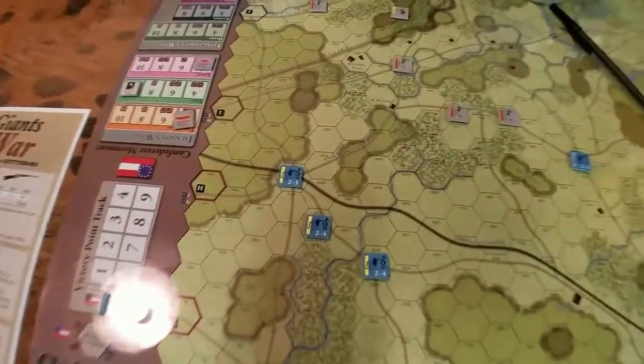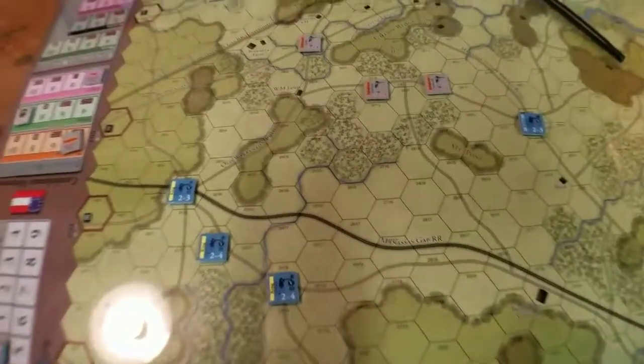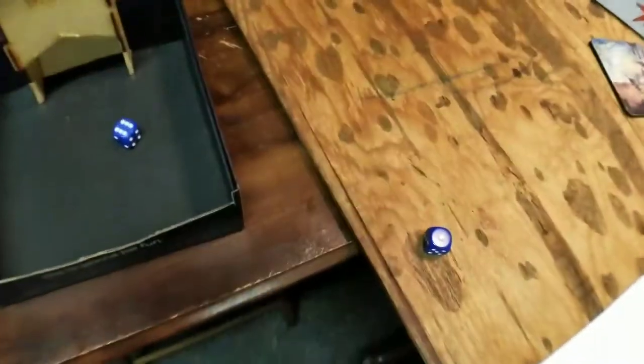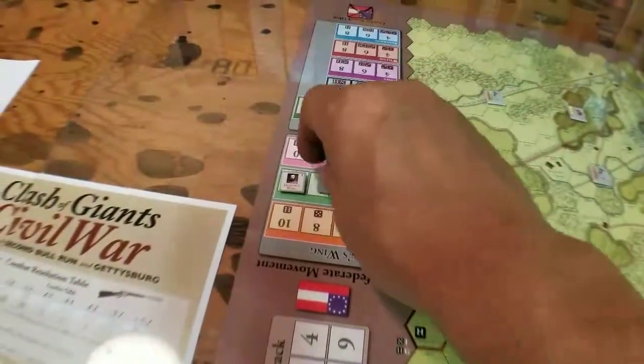What do I do with him? Get him for another movement. So let's get him on over there, Yule, and roll a dice for him. Extra unit comes into play. Ooh. Yule's got himself a big... Yule's forces